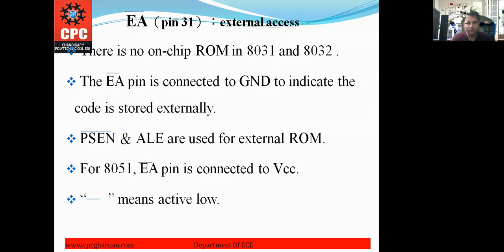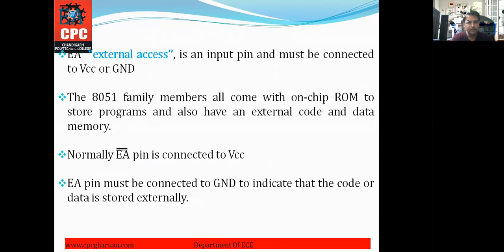Bar means active low. For example, PSEN bar means this is an active low signal. EA is the external access. It is an input pin and must be connected to VCC or ground. Normally, the EA bar pin is connected to VCC.